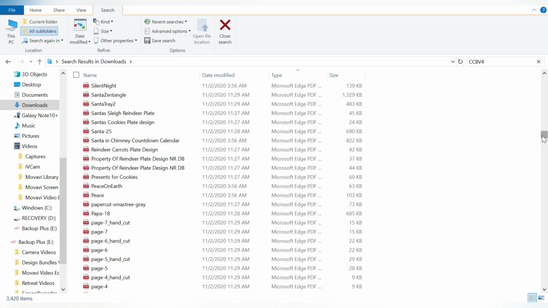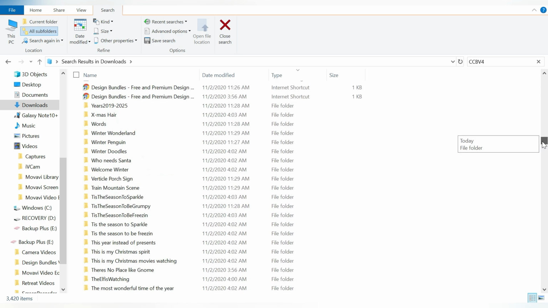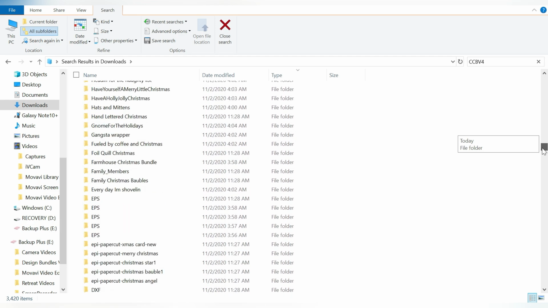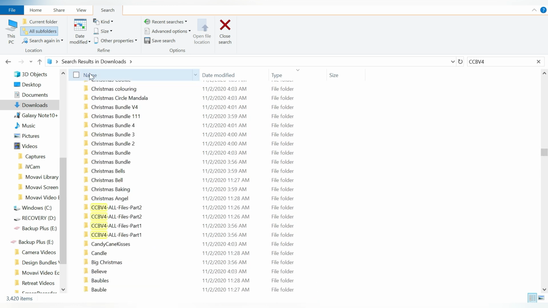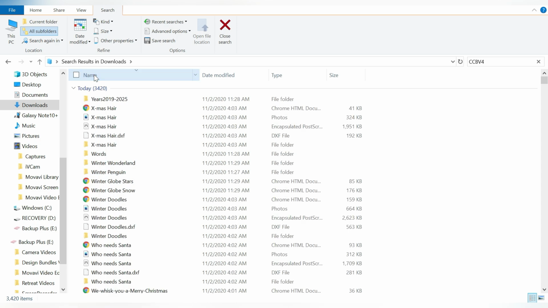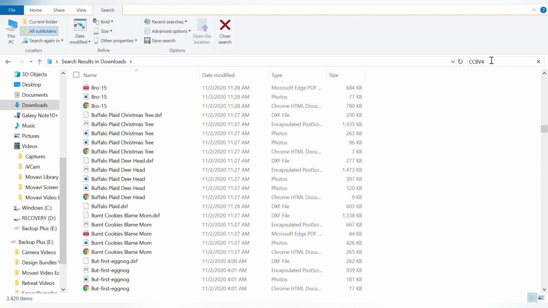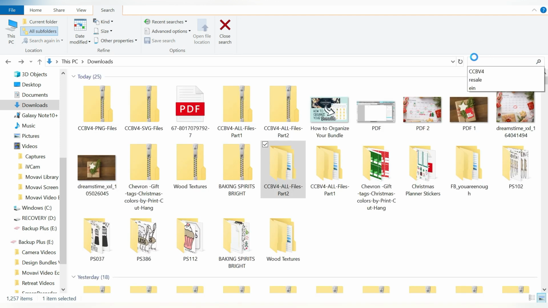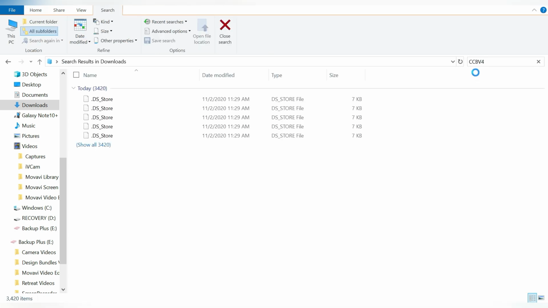This would actually be a really quick way to come in here and grab all the files that you need. But it's also kind of a messy way because you just have everything crammed together, and I'm never really convinced that I'm getting everything out of the bundle. I don't know why I feel that way. Maybe it just seems too easy. But just know that you can come in here and search for that acronym and get the shortcut preview. Oh, I remember why. There's actually a chance that you could be pulling up things that are outside of the bundle too. So it can get confusing, but just know that option is there.